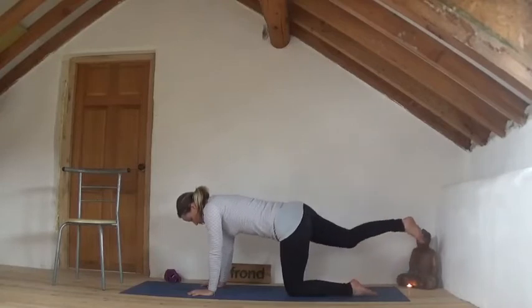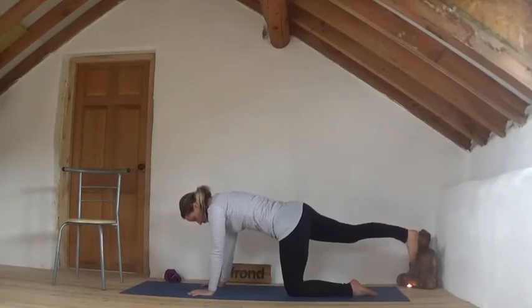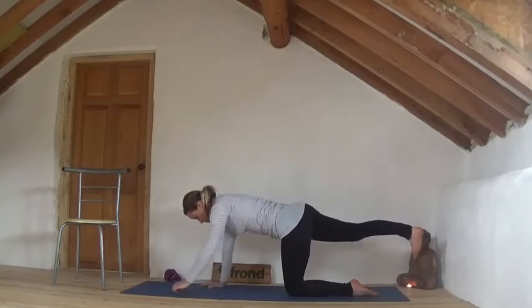We stretch the right leg out behind us, and we try and internally rotate so the toes of the right foot point to the floor. We're pressing equally through both hands, and we're still lifting the belly up to the spine. Strong in the back leg, push out through the heel. You can stay here, this is great work, but if you feel stable to do so, you can extend the